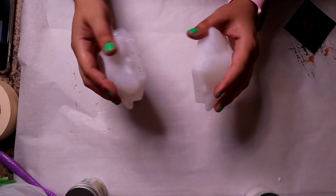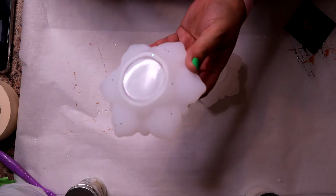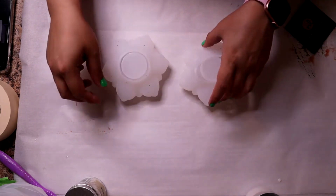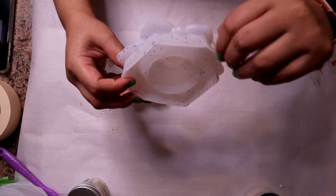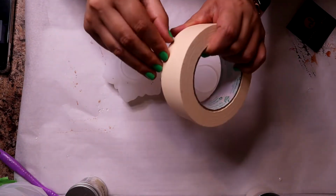For today's video, I'm doing some tea light candle holders. I just got these molds last week, and you can see they have little specks of glitter all over them because they came with some glitter included, and it just kind of got everywhere in the box during shipping, or during packaging, but it's everywhere. So what I'm going to do is I have some masking tape,